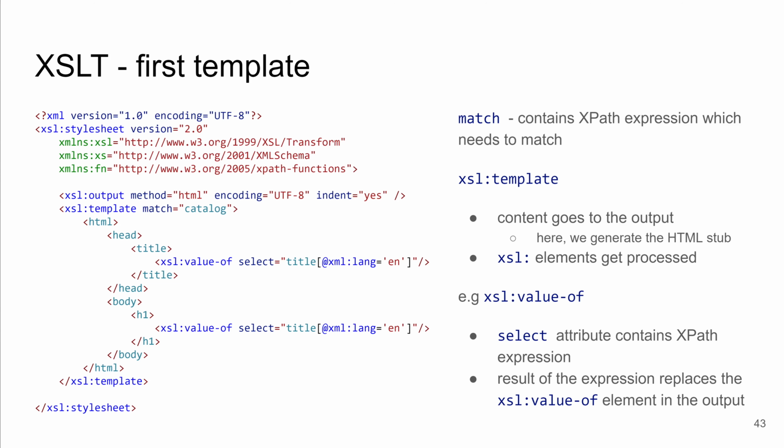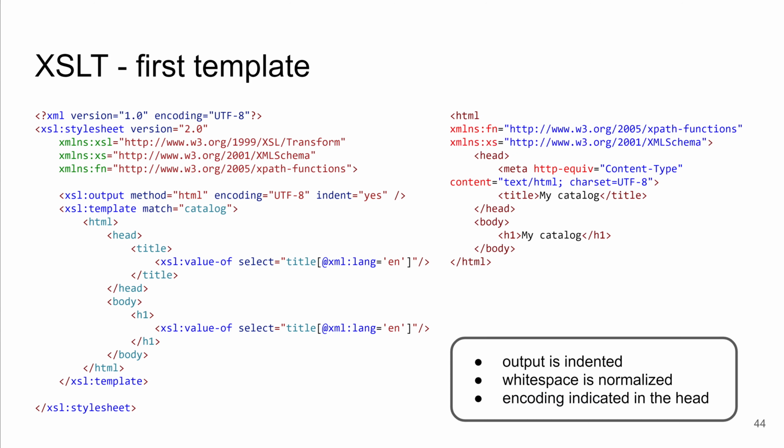And we cannot use double quotes because those would end the select attribute in the style sheet, so we use single quotes for that. So this is quite typical, that the outer quotes are double quotes and the inner quotes are single quotes. Right, so when we apply our first template to our sample data catalog, what we get is